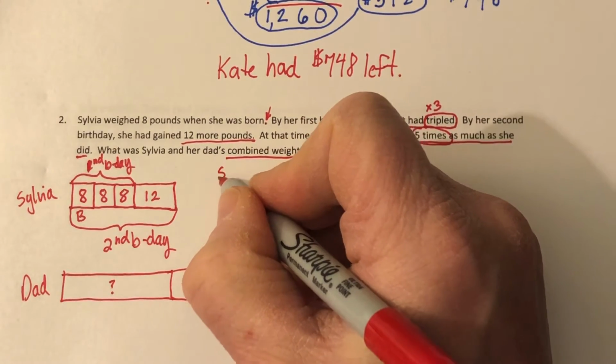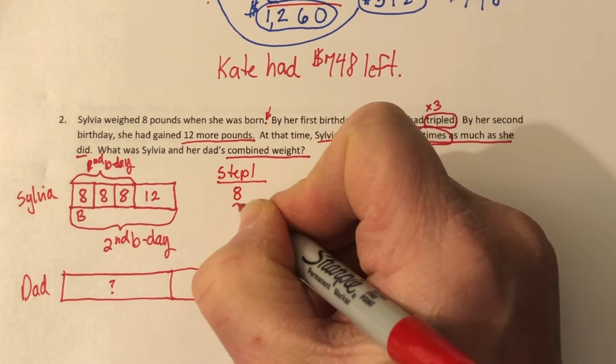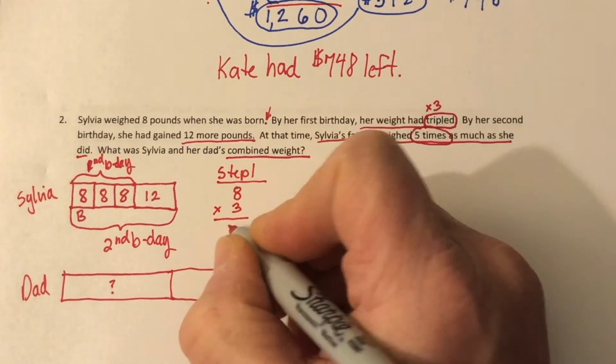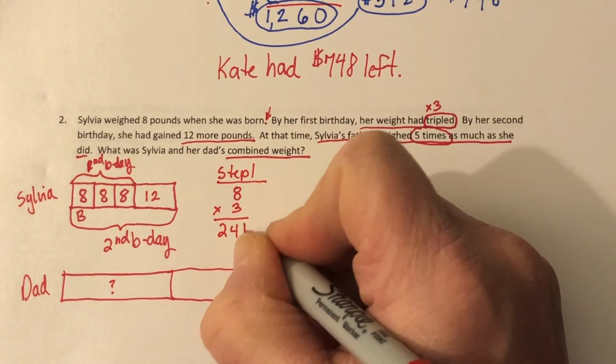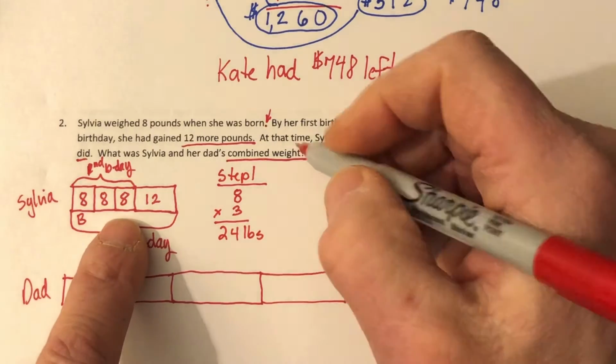So step 1, I'm gonna write that here. Step 1, give me 8 times 3. That's 24 pounds. So she weighed 24 pounds by her first birthday. Okay, there's that. Then, step 2,